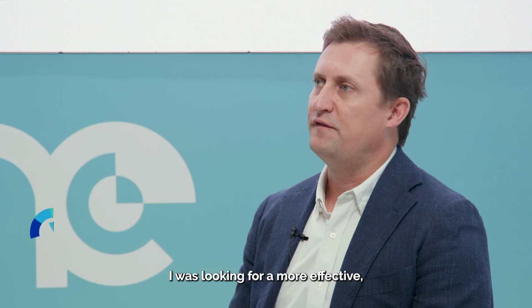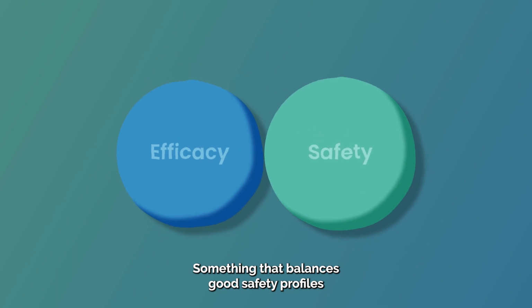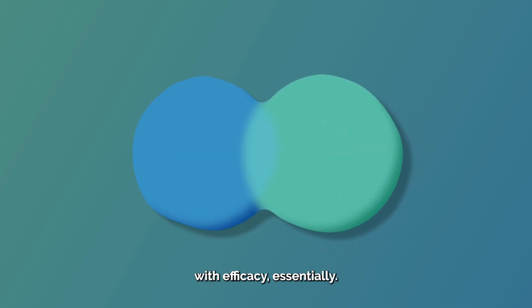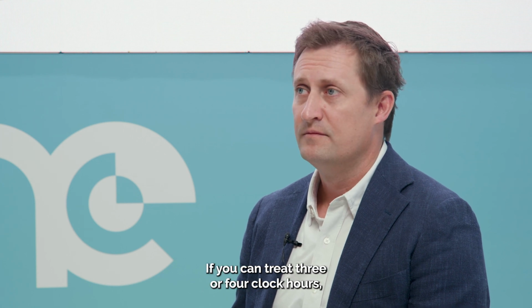Well, I was just sort of looking for the most effective minimally invasive and microinvasive functional procedure. Something that balances a good safety profile with efficacy, essentially. I mean, it's just a statistics game. If you can treat